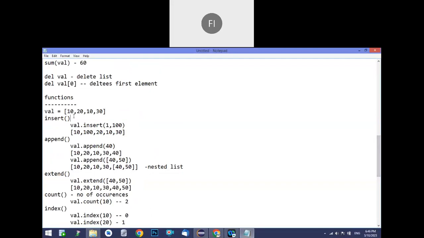Okay, so I'm just reiterating. Insert is used to insert a new value at a given position. Similarly, append inserts a new value at the last position by default every time. Okay, extend